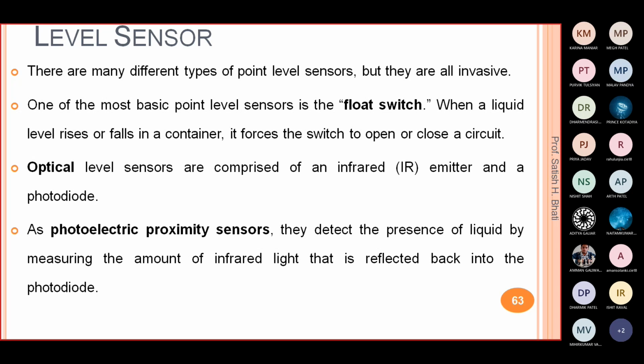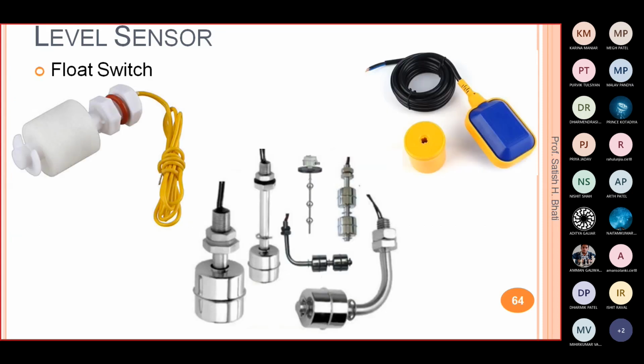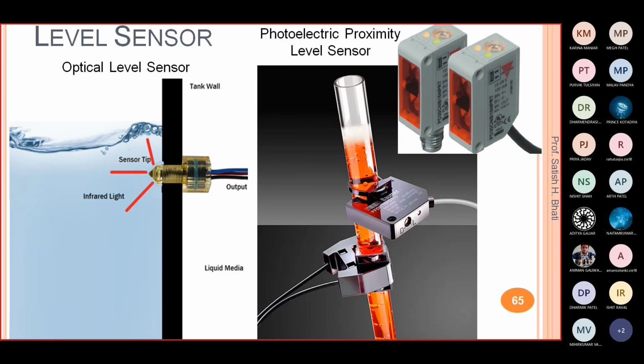You will place that on the container, and the container is generally made of transparent material. So whenever the level reaches the sensor, it will tell you that the level has reached that particular point. In the figure you can see the plots. The optical sensor, which uses infrared, you can also see here. We are putting that in the tank wall. Then the photoelectric sensor you can see is placed on the container.